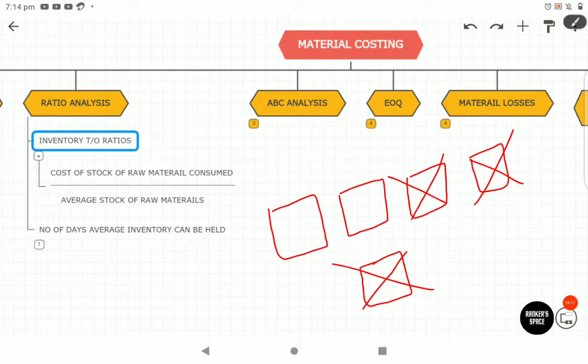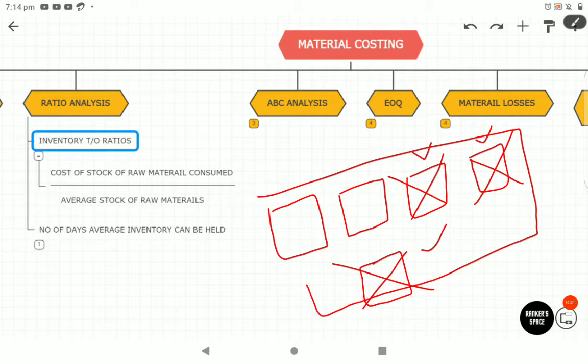So this formula is constituted in such a way that first, in the numerator, you have to put the cost of raw materials that is consumed, that is the cost of these three bags of cement. So cost of raw materials consumed divided by the average stock of raw material. Average stock of raw material, here I have given five cement bags. In a question they will give it differently, like opening plus closing divided by 2. So what is the formula? Cost of raw materials consumed divided by the average stock of raw materials. That is how the formula is designed.